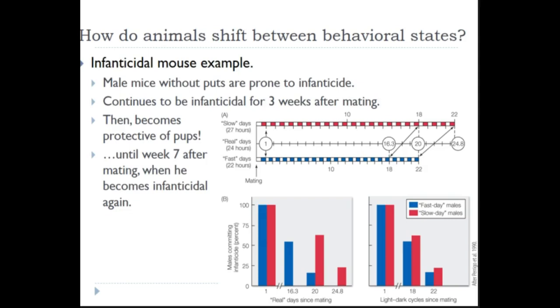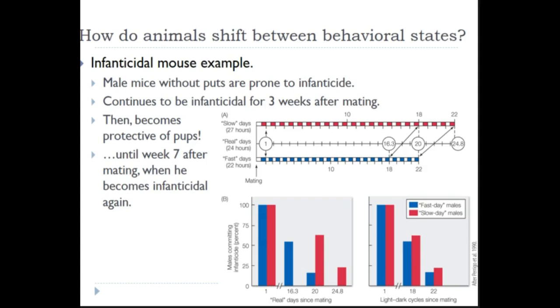And here's an example that's from your book, but I think it's a good one, with infanticide in mice. If you find a male mouse, just encounter this guy without pups, they're really prone to infanticide. So if you have a male mouse, you stick him in a cage, maybe there's a female there, maybe there's not, but if there's pups present, generally speaking, male mice that have not encountered and have not mated will tend to be really prone to infanticide, and they'll just go around killing all the pups that they encounter. They're just awful little things.